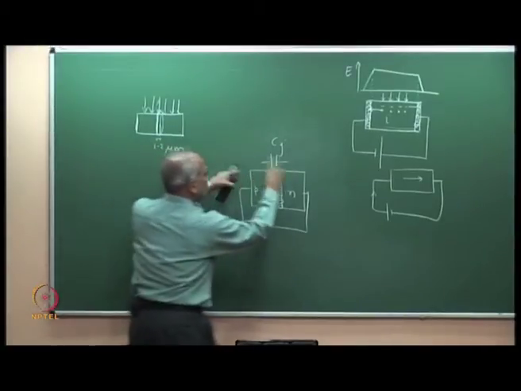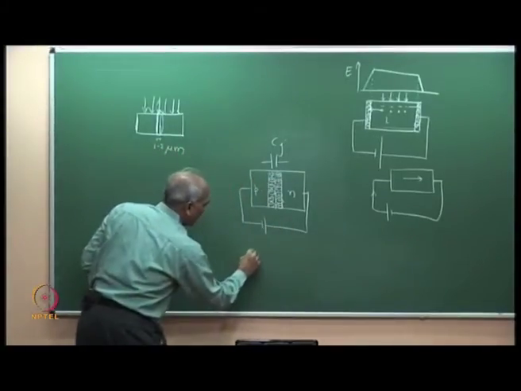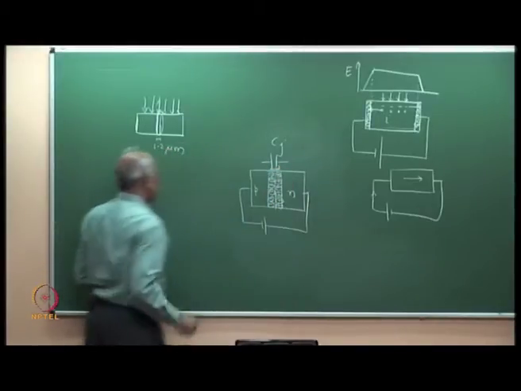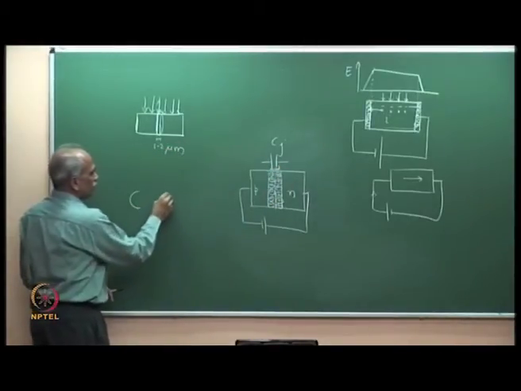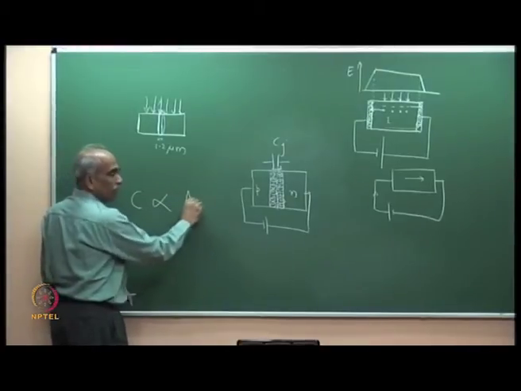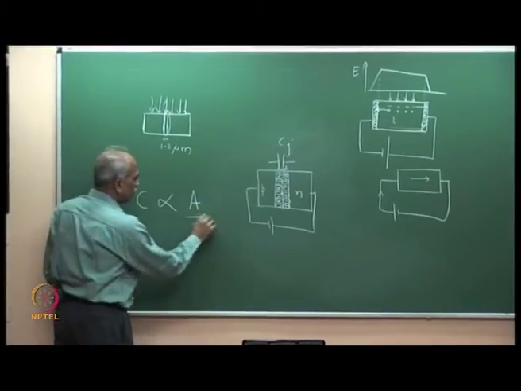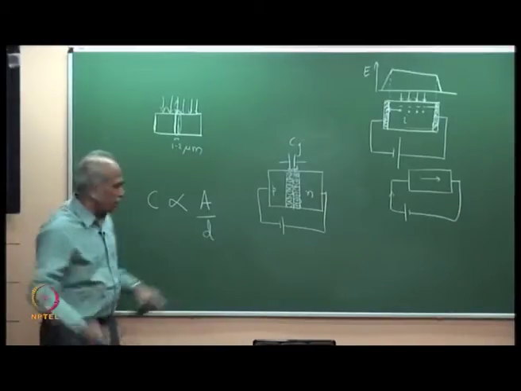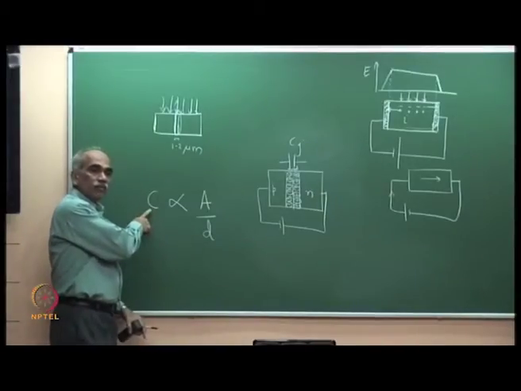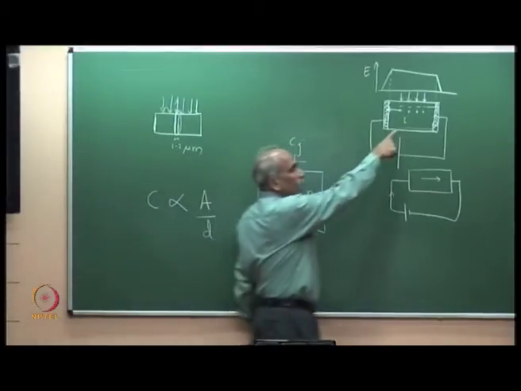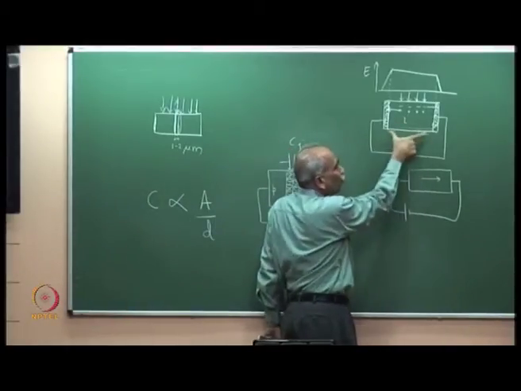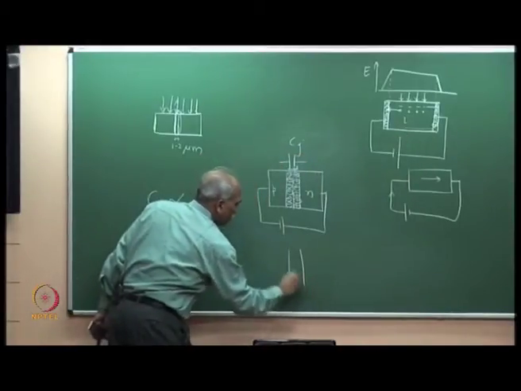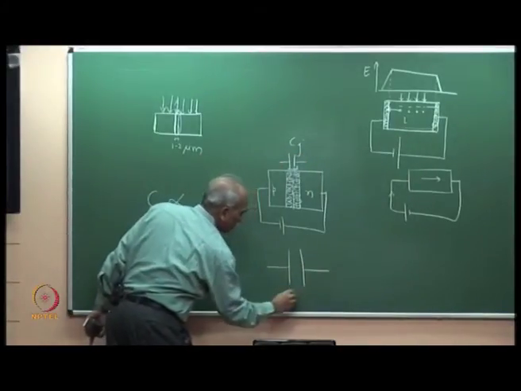So, the separation between the plates, it is like a plate with separation of d. You know that capacitance is proportional to area and inversely proportional to d. The larger the separation, the smaller is C. So, by having an I region, we have widened this d. This is d. So, in a simple capacitor with a separation,